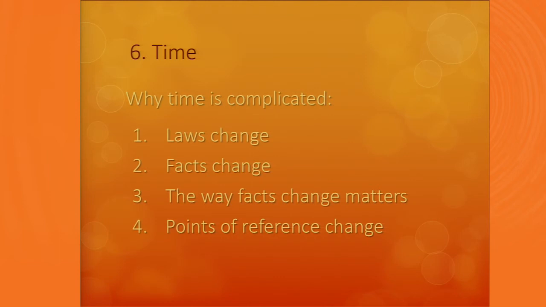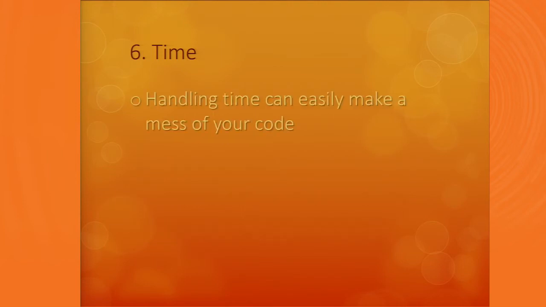So you may want a determination today, or maybe you want a retroactive determination, what would have happened last month, or maybe you want to find out what might happen in the future. So all of these things make time very complicated to model and can result in very messy code unless you plan in advance. So when you're looking at what you're going to model, you have to look at the temporal dimension of things as you get started.